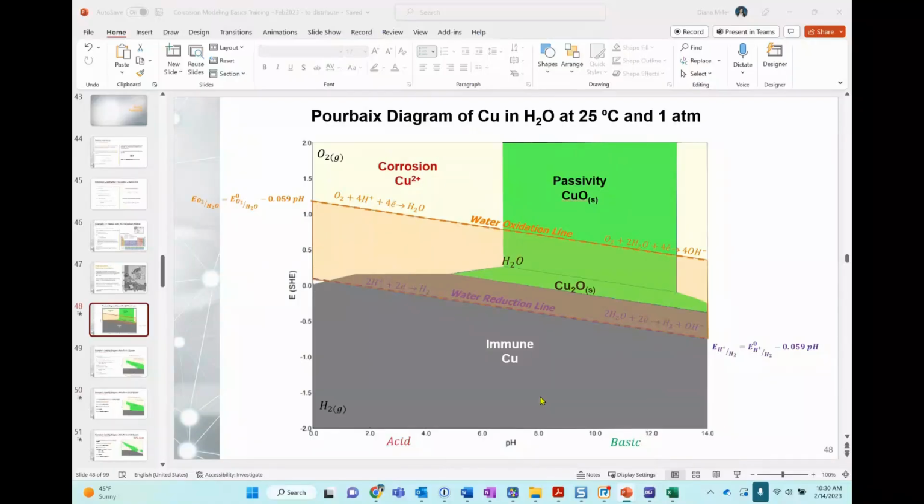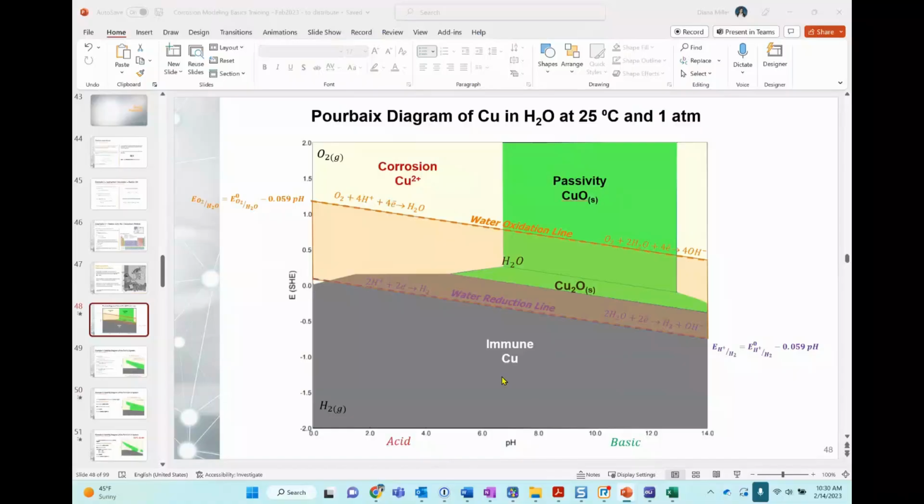Everything remains untouched, everything remains elemental, in this case copper, and there is no corrosion or dissolution of any metal happening. This is a thermodynamic plot. It's all based on thermodynamics, and we do not provide information on reaction rates or kinetic effects. Okay, so this is again purely thermodynamics.